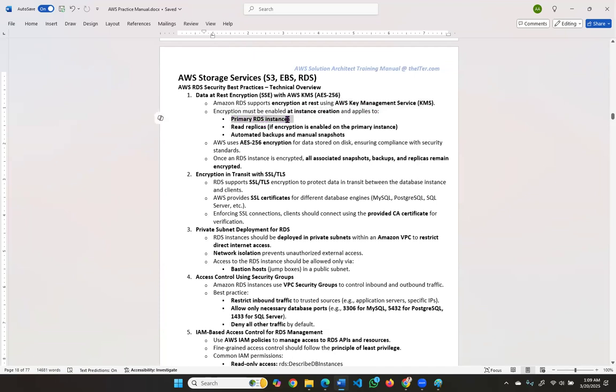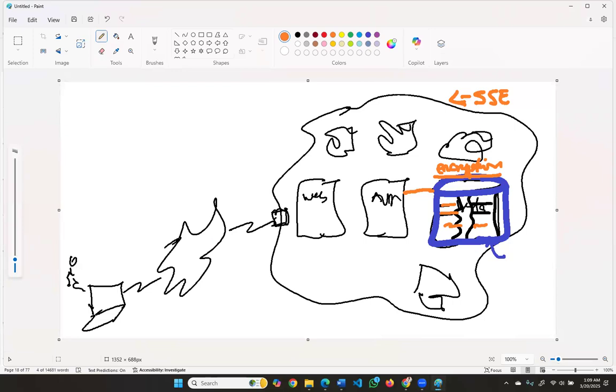Normally, we have the primary database, and then we have read replicas. So as part of security, as part of ensuring that we are compliant with the best practice, security best practices around our data, now, if we have this scenario, and then we have